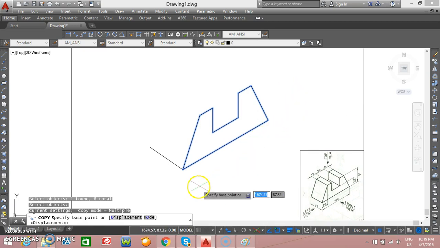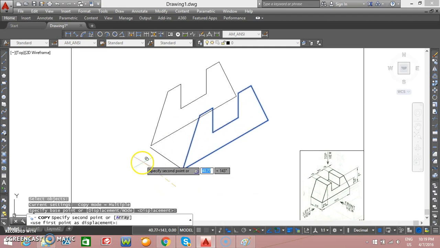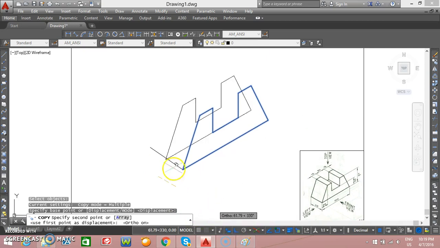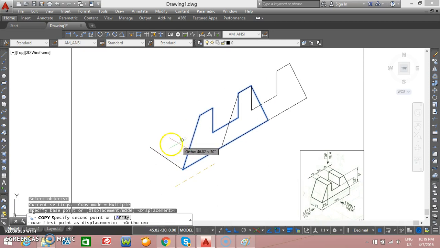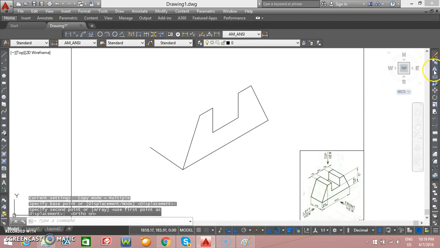Base point you can specify anywhere and move 40 millimeter to the left like this. So select base point and then move it like this. Put it in ortho mode first. Okay. Enter, copy,